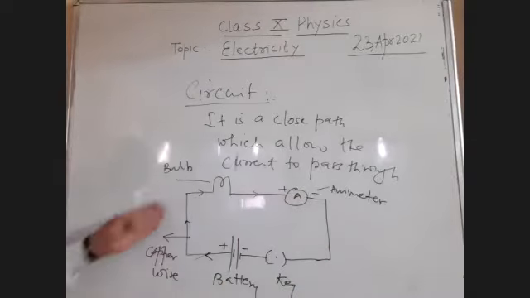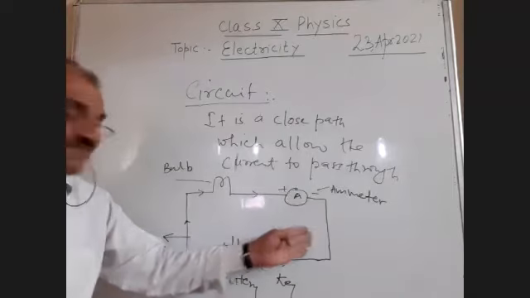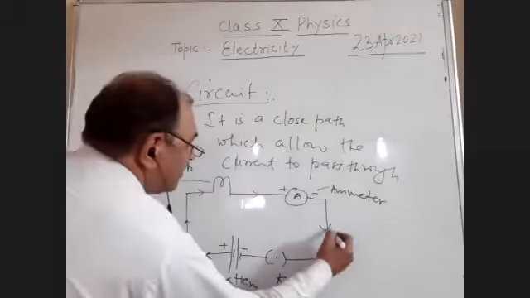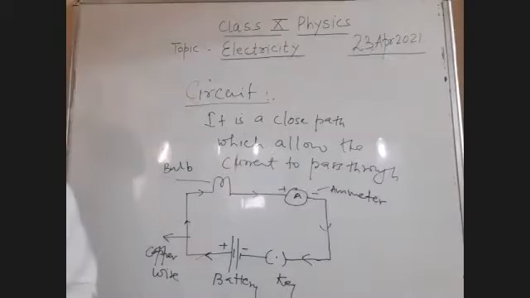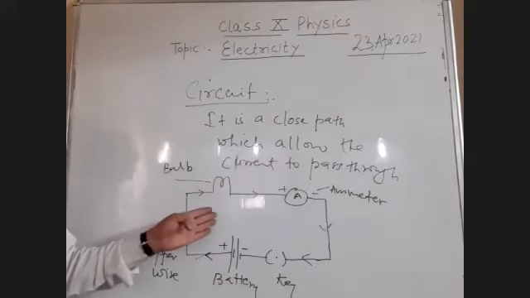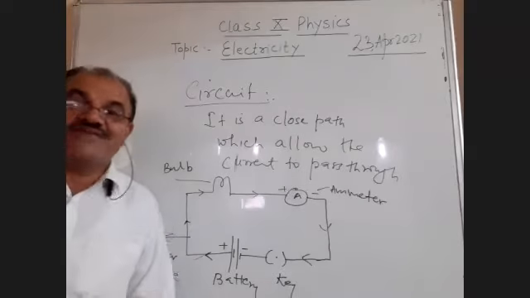Now I am using this. I have drawn this diagram, student. Here it has been made as a closed path. Is it clear, students? Now, so many important things we'll discuss in this diagram. First is the definition of the circuit. Now I have drawn the diagram and I use some components in the diagram.